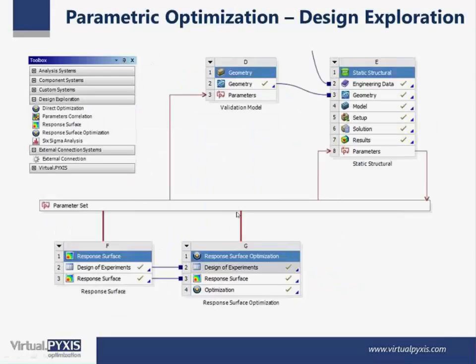In this case, using the design exploration, as we have a lot of windows here, I show just the slides. So here, for example, you have your standard model, the geometry, and when you create these parameters inside SpaceClaim, they are shown here, and you can use them for parametric optimization. The design exploration